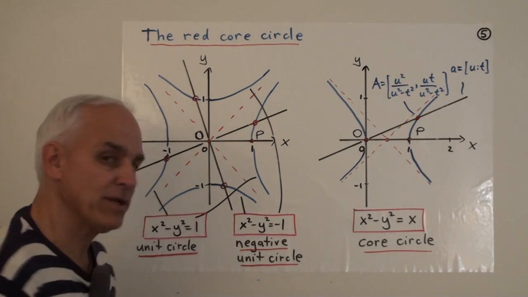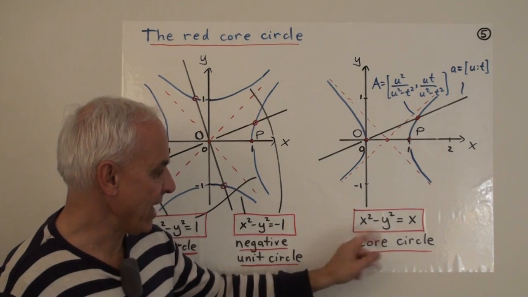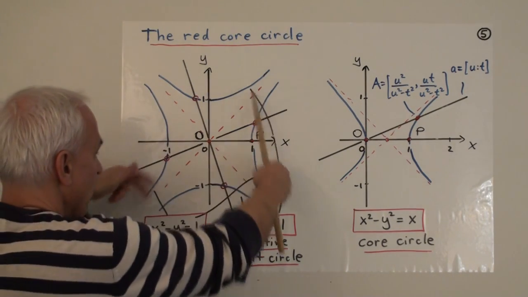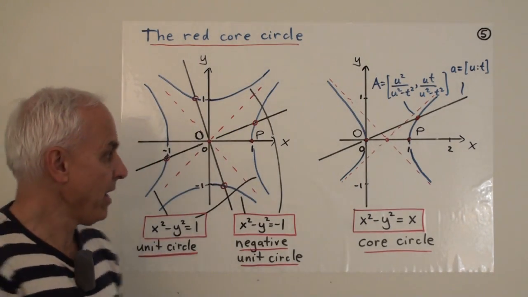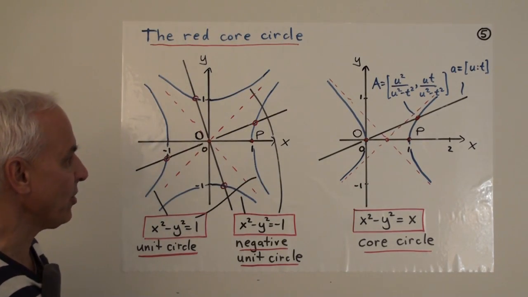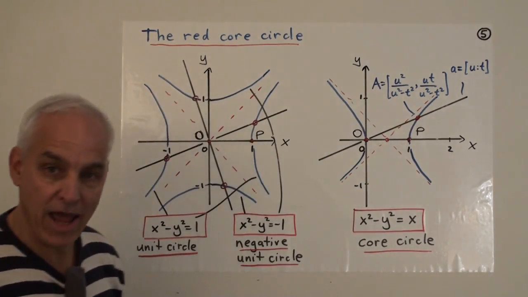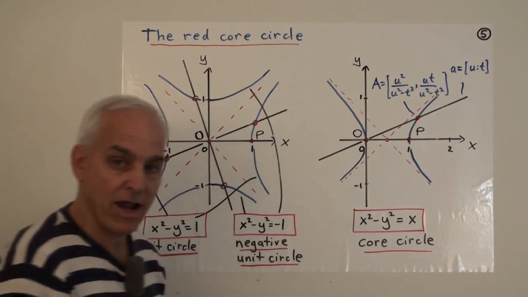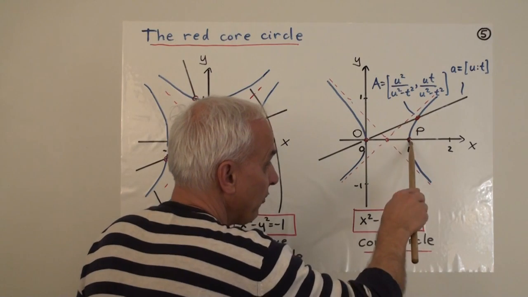Right, so what we now want to do is ask, well, what about the core circle? Is there an analog of that? Not surprisingly, there is. It has the equation x squared minus y squared equals x. And you can get at it by taking the unit circle and shrinking it by a factor of 2, in other words, multiplying it by 1/2, and then translating it over by 1/2, just the same way we do in the Euclidean case to get the core circle. And here it is here. It now has center, the point (1/2, 0) as before. The asymptotes now are the lines of slope 1 and -1 through (1/2, 0). And it has one branch going through the origin O and another branch going through this point P.